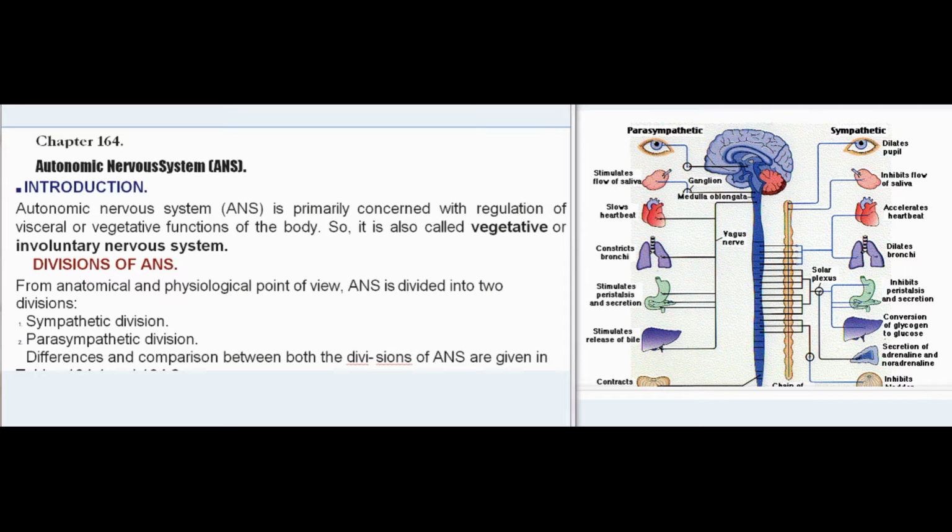Chapter 164. Autonomic Nervous System, ANS. Introduction. Autonomic Nervous System, ANS, is primarily concerned with regulation of visceral or vegetative functions of the body. So, it is also called vegetative or involuntary nervous system. Divisions of ANS. From anatomical and physiological point of view, ANS is divided into two divisions: sympathetic division, parasympathetic division. Differences and comparison between both the divisions of ANS are given in tables